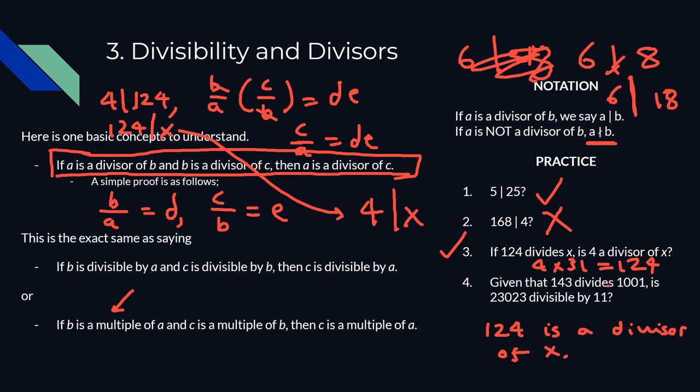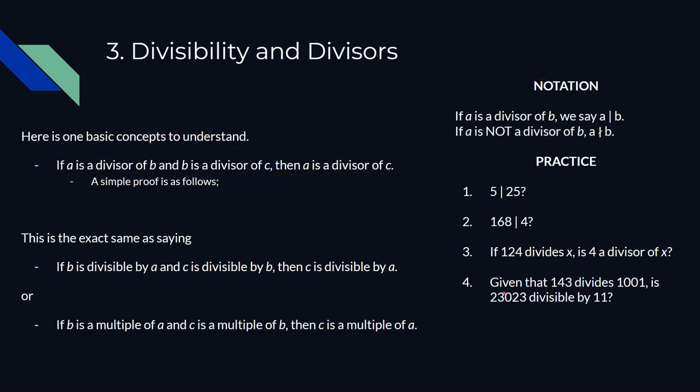Given that 143 divides 1001, is 23,023 divisible by 11? Now this is a harder question, but let's take a look at it. We know that 143 divides 1001, so we can just write that like this. Is 23,023 divisible by 11? So we're asked to see, is this true? We can use this same process to find what else has to divide 1001: 11,